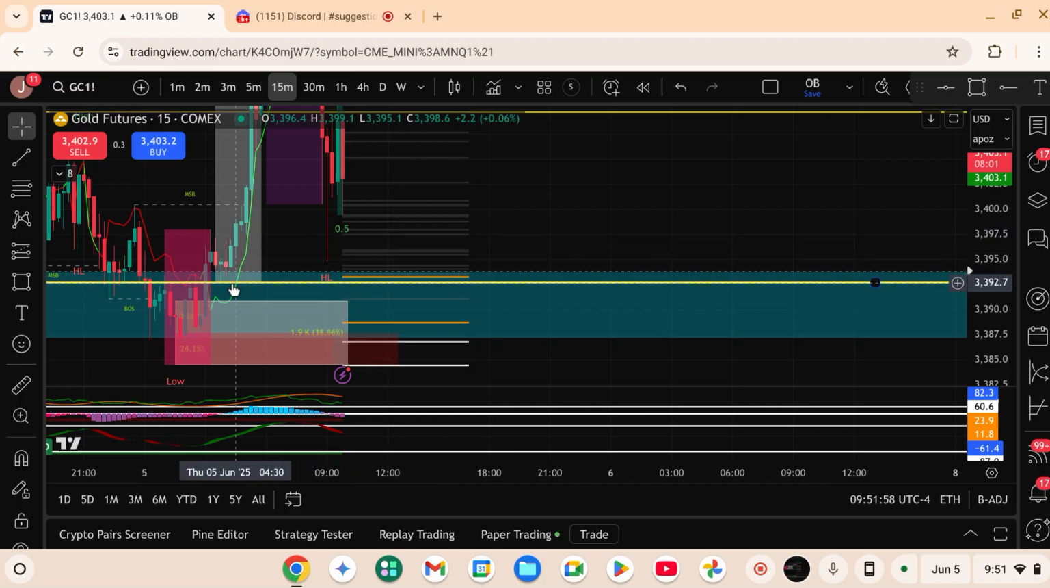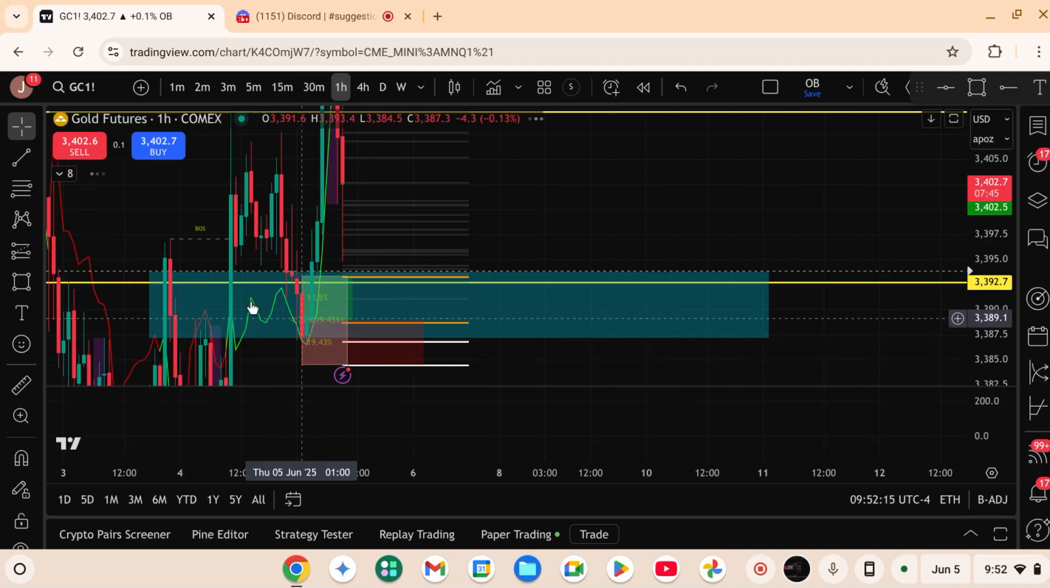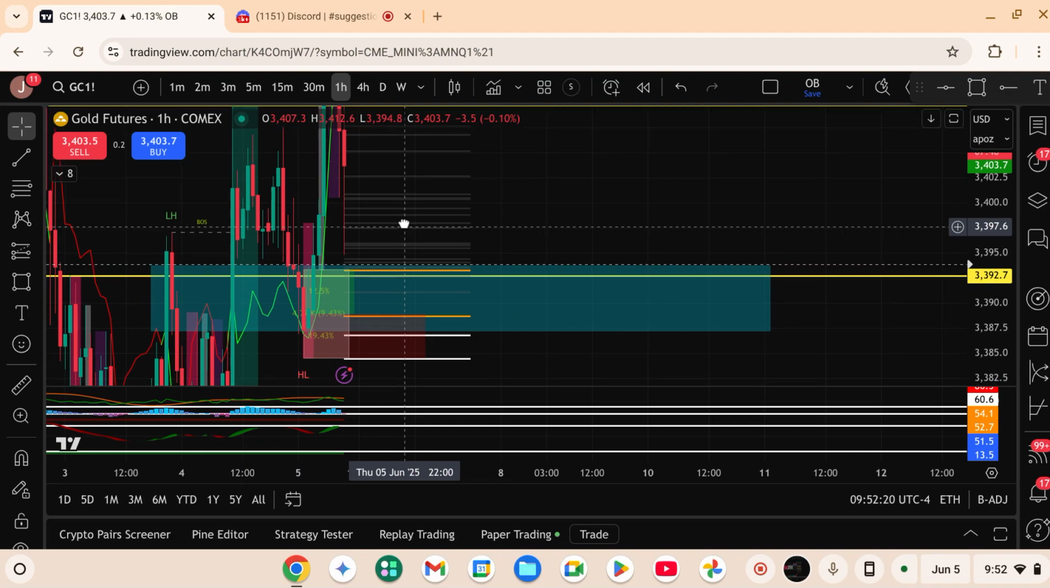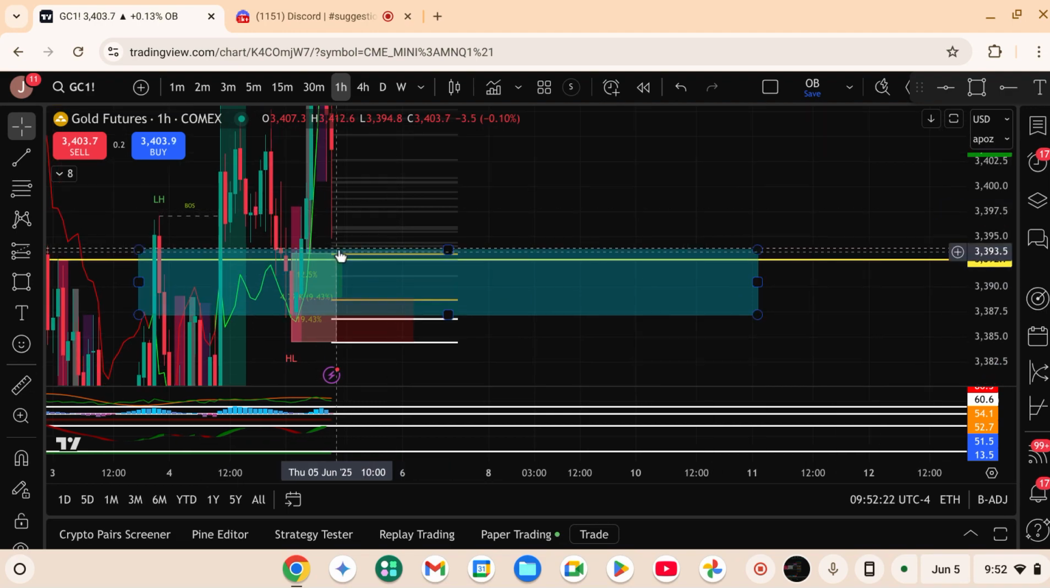So because of this area here is in line with a 1 hour order block. I'm on a 15 minute right now, but this area is in line with this area here on the 1 hour. So because of that, what price could do is, because remember I said higher time frames, they usually get like